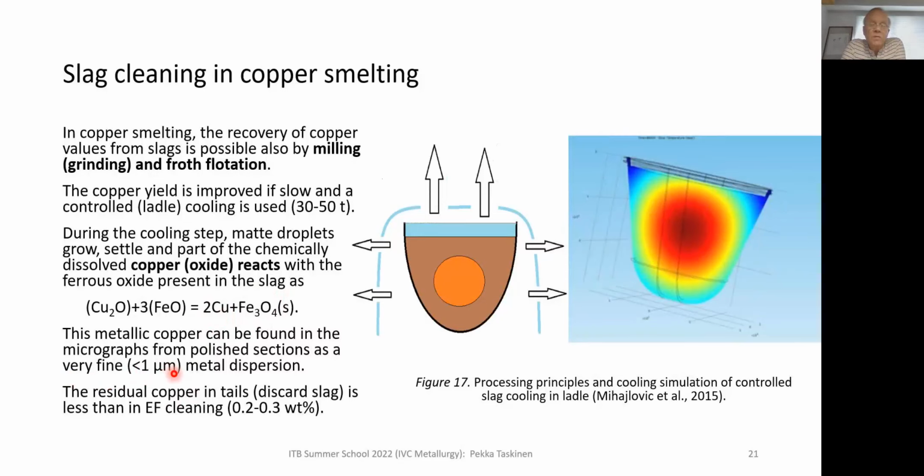So you can distinguish them from the polished sections, because these mud droplets which are there already before the solidification, the unsettled mud droplets, are much bigger, 10, 20, 30 microns in diameter, and they can be recovered by milling and flotation, due to this fundamental reaction which has driving force at the solidification temperature of the slag, so most, if not all, copper is depleted